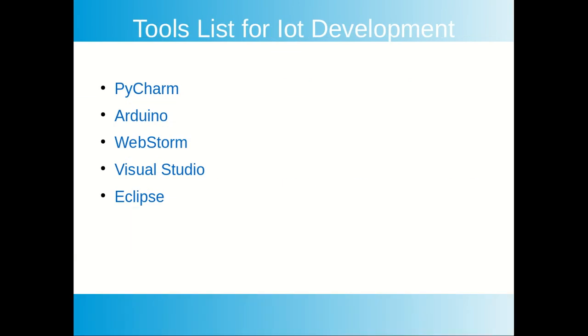Now, these are some tools for IoT development. These are used for embedded software development. Some are PyCharm, which uses Python, or Arduino, which is very famous for designing small software and small machines which can do many kinds of work. You can design a robot, a remote control car, a simple smart device to connect your TV to your phone, a simple device to connect your light to your phone. Others are WebStorm, Visual Studio, which is designed by Microsoft, and Eclipse.